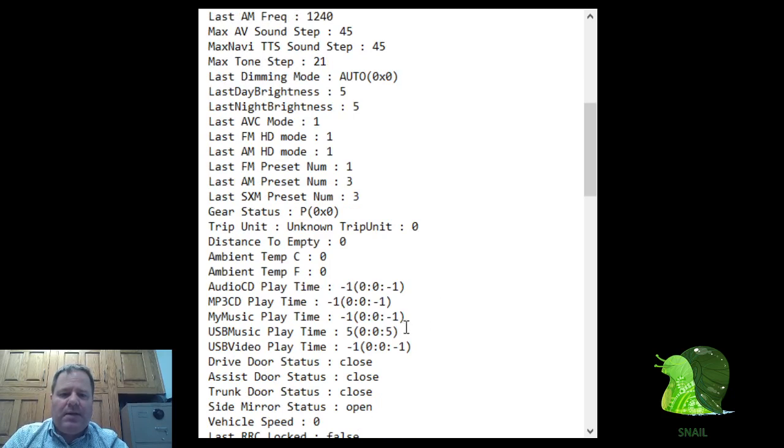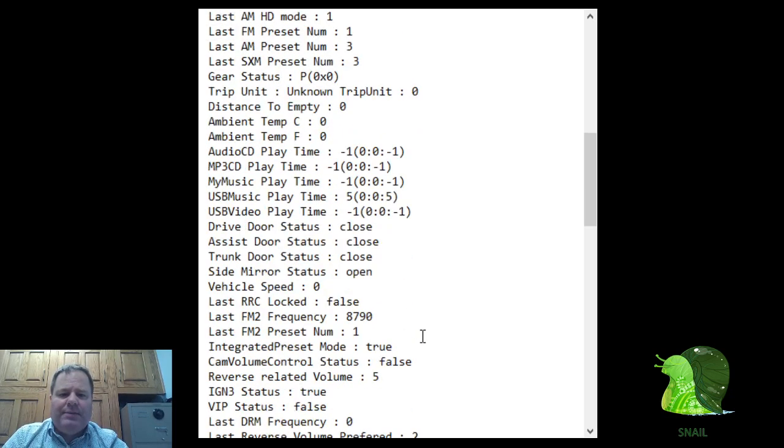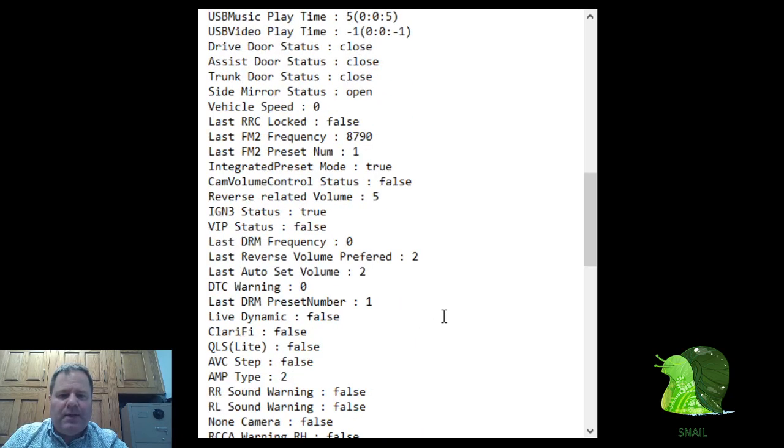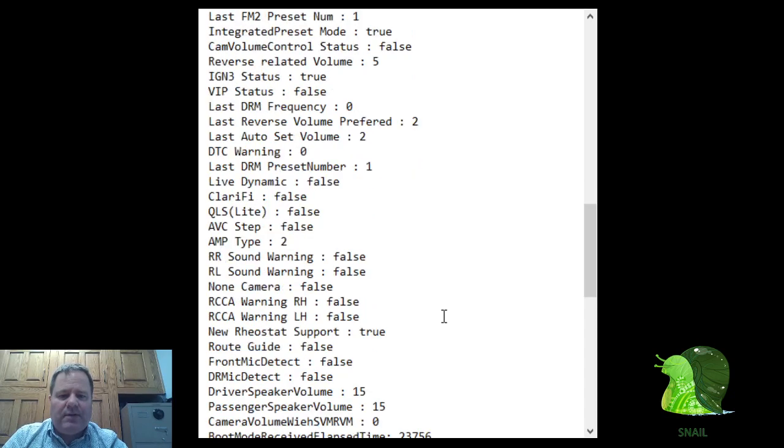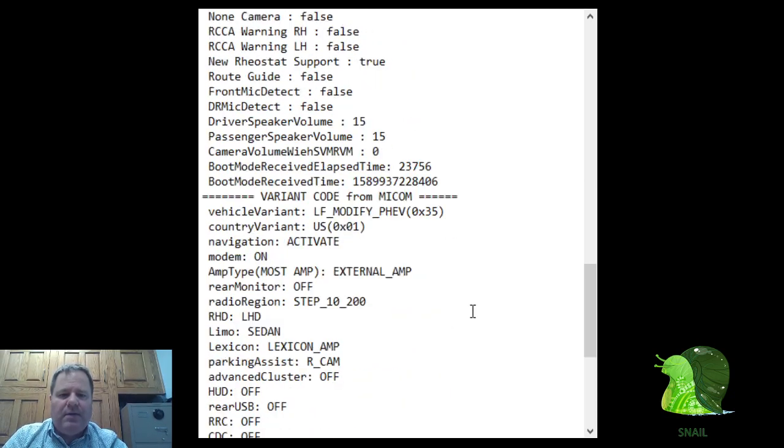USB music playtime: it remembers if you have a USB device plugged in that has the music files on it. It will remember the time that you last stopped playing, and it can resume at that time. It tells you if the doors are open, side mirror status open. I don't know what that even means. Lots of interesting things in here to go through just for detecting the status, and this stuff can be launched